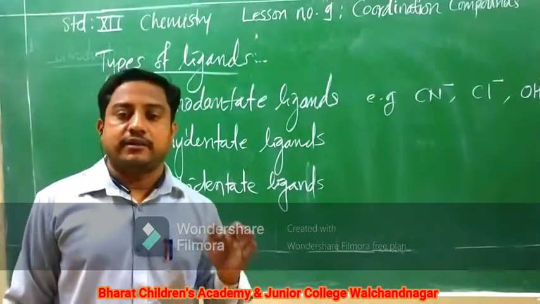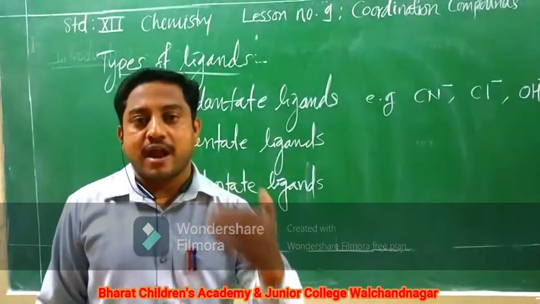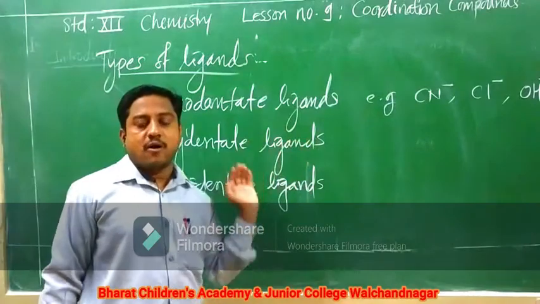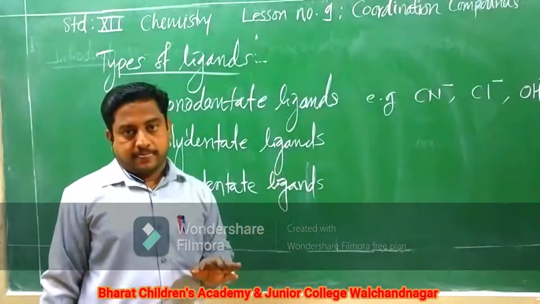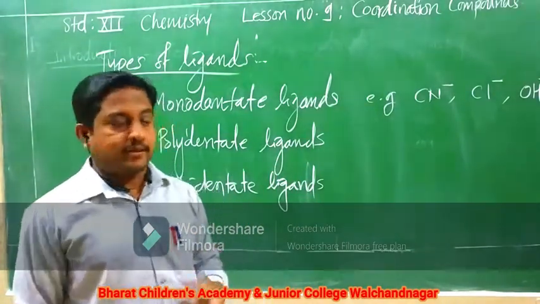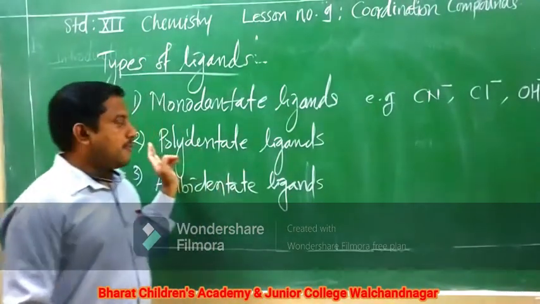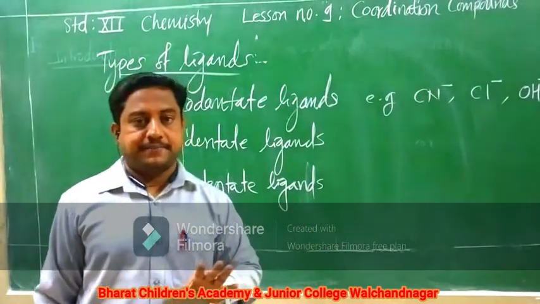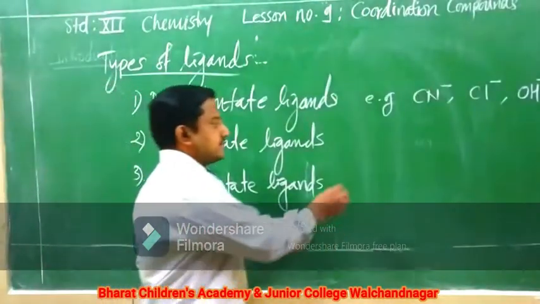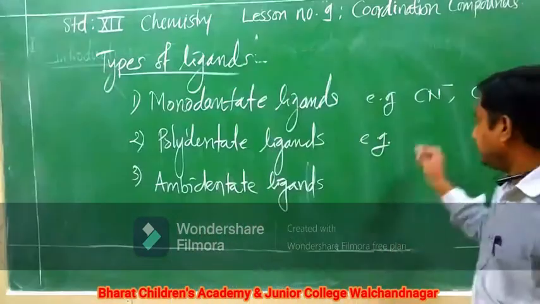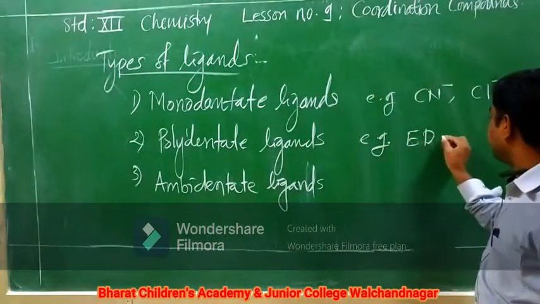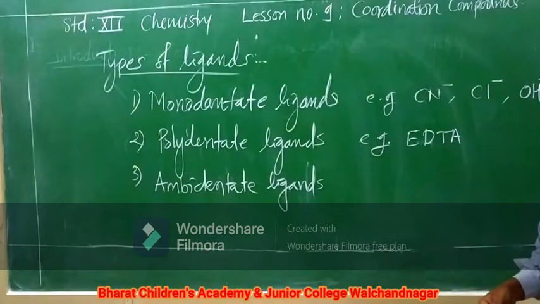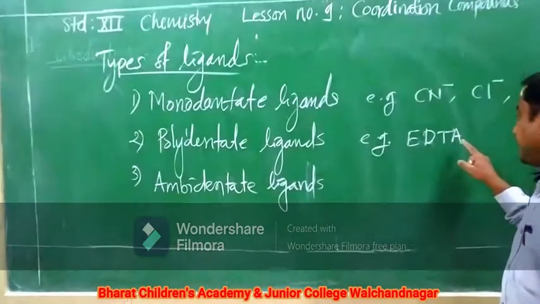Similarly, if you talk about the meaning of the second type of ligand, polydentate ligands are the ligands where more than one atom is available for making the attachment or bond with the central metal. More than one tooth will be available. Polytoothed ligand is nothing but a polydentate ligand. Let us see an example of a polytoothed ligand. EDTA is a very famous polydentate ligand. Ethylene diamine tetraacetate.